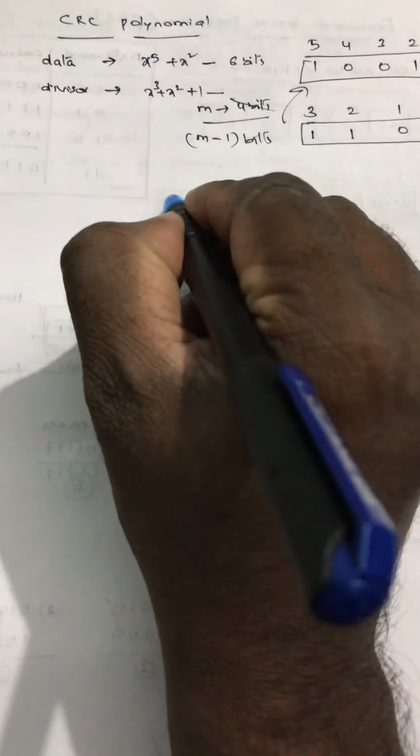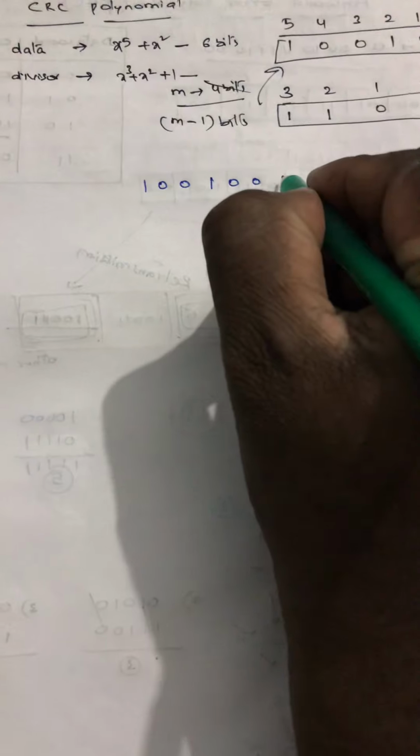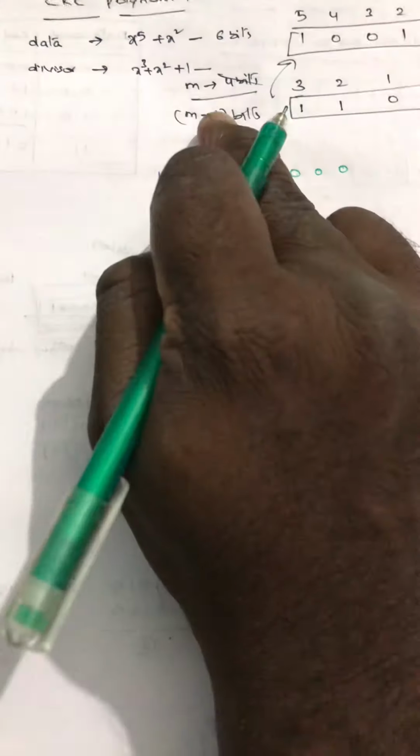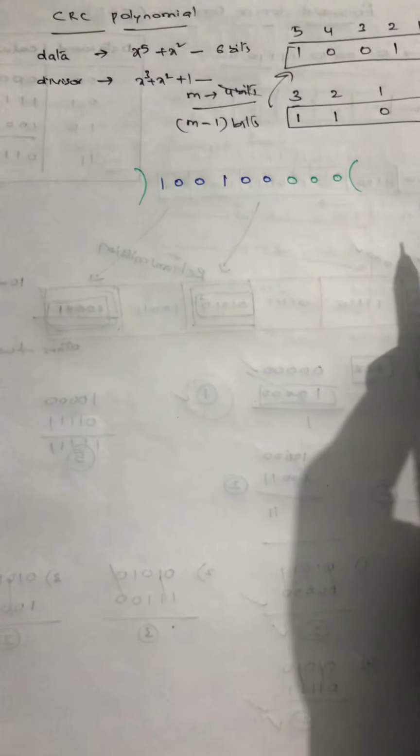So I'm going to write the value 1 0 0 1 0 0. This is the value you got for the division, and I told you we are going to append empty bits. So empty zeros I am adding here, 3. Why 3? The m value is 4. That is your divisor length. I am going to add m minus 1 bits, that is 3 bits. So I am going to perform the division operation, and the divisor is 1 1 0 1.